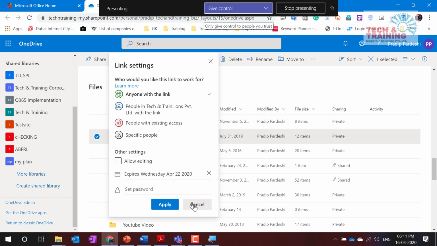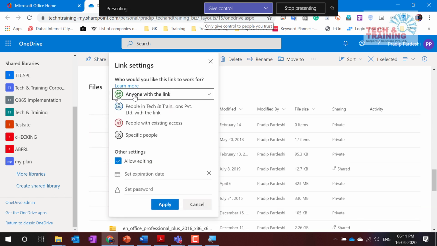Now this is the option of anyone with the link. In most of the organization, this option is disabled, because likewise I can share bulky folders with someone, maybe the person who's outside the organization, and these kind of link are untraceable. I mean, it becomes very difficult to trace. Let's say I have accidentally used this option and shared it to a colleague who is working in my organization. He has shared it to someone else and he has ultimately shared it to someone else. Then it will be difficult for me to keep a track, because anyone who has the link will have access to my internal resources. So if you are an IT person and you are managing OneDrive, you should immediately disable this option for your organization.